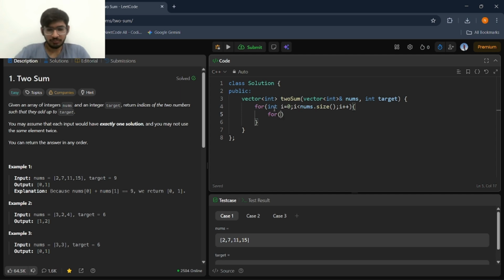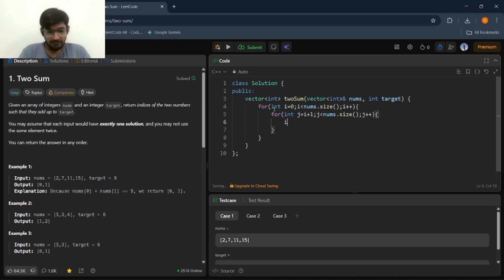Second for loop: integer j equals i plus 1, j less than nums.size(), j increment. If condition: nums of i plus nums of j equals target,